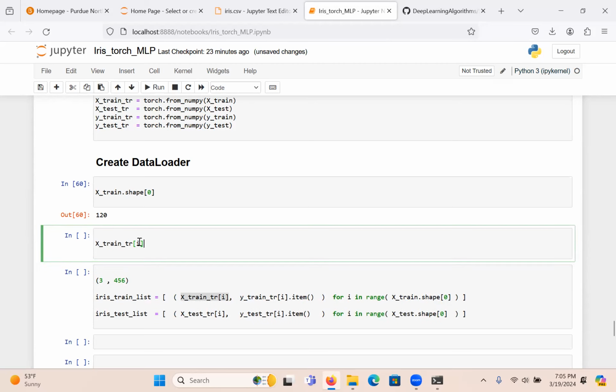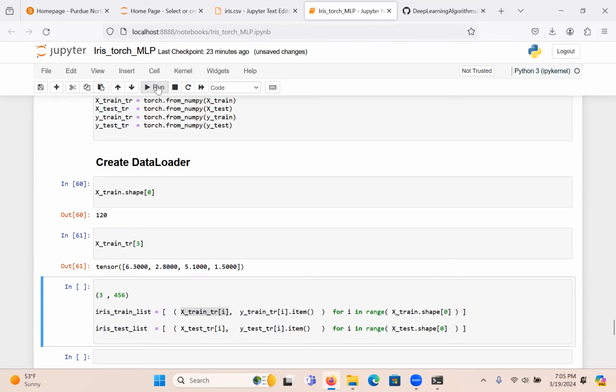Right, so I'm going to plug in, instead of, I'm going to say like 3. If I do that, you see that's a tensor of the features: petal width, petal length, sepal width, sepal length. Make sense, guys? Questions? All right, so I'm creating these tuples where I have a vector of 4, and then I'm going to